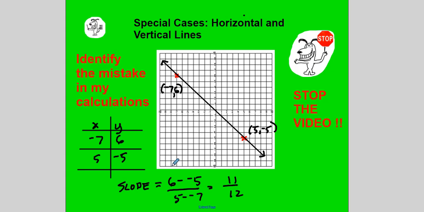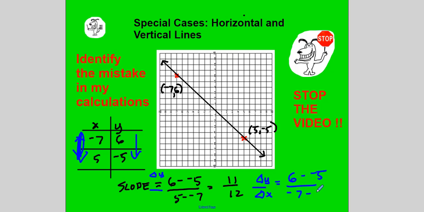So I took 6 minus -5. I took delta y over 5 minus -7. The problem is, notice I did not subtract in the same direction here. You cannot do that. It has to be either down for both, or it has to be up. So the proper calculation here would be delta y over delta x equals 6 minus -5 over, excuse me, I should be going down this way,